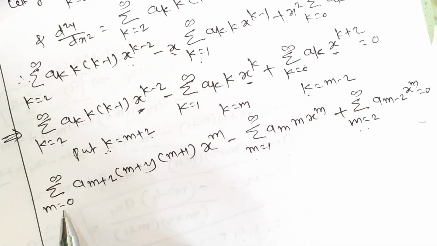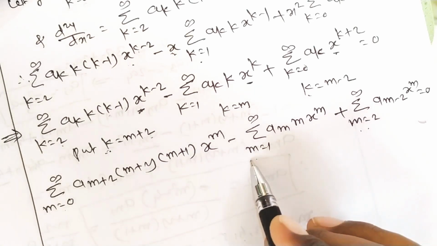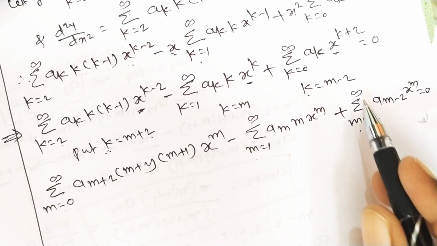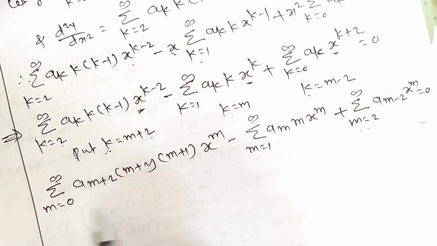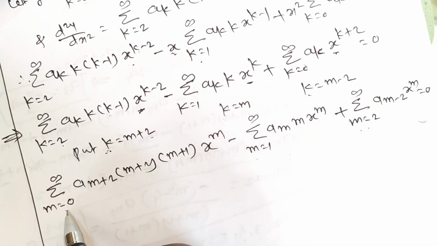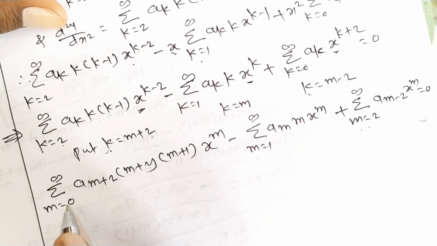Means we have to expand here, m starts from 0, so we have to write m varies from 2 to infinity. Here also m varies from 2 to infinity. Here already m varies from 2 to infinity. So we have to make this same. So for that we have to expand the first series for m equal to 0 and then m equal to 1. Okay. So how do we write this series for m equal to 0 first?